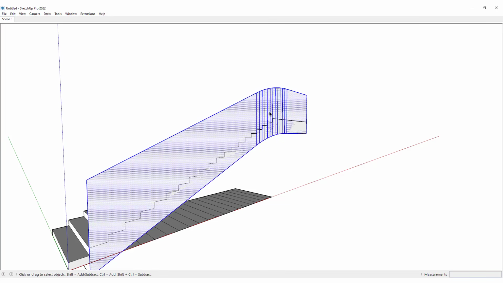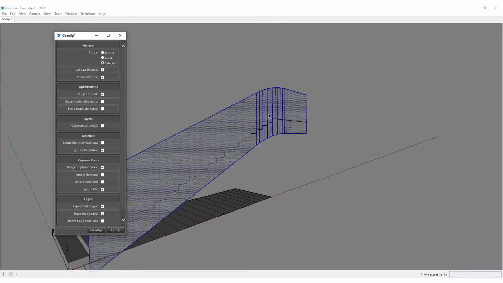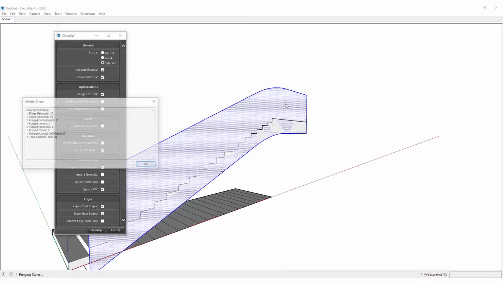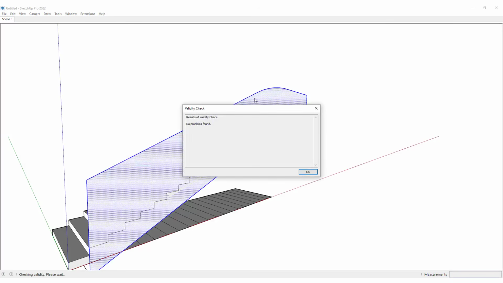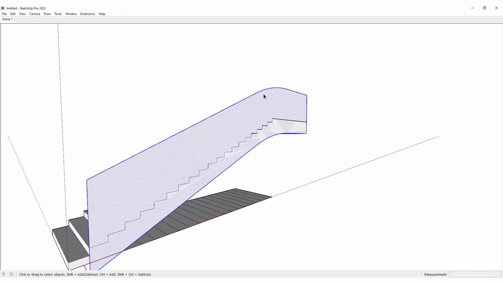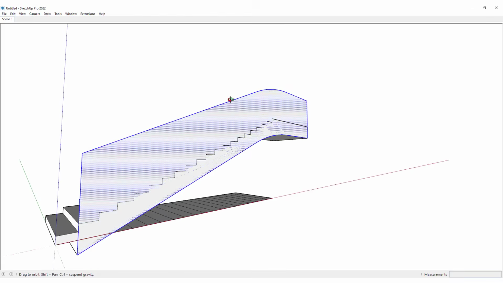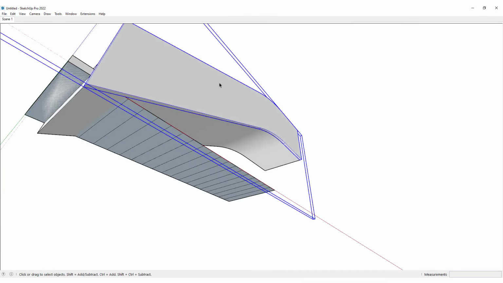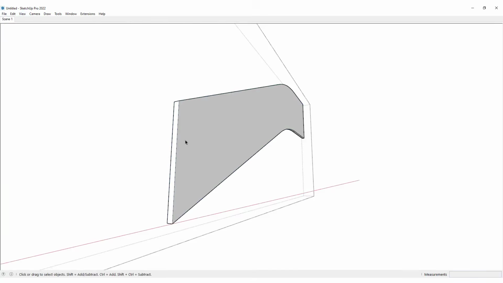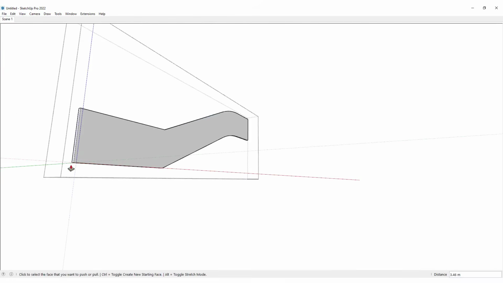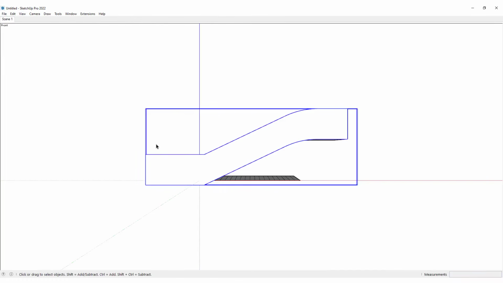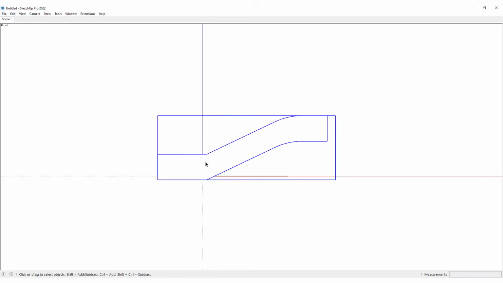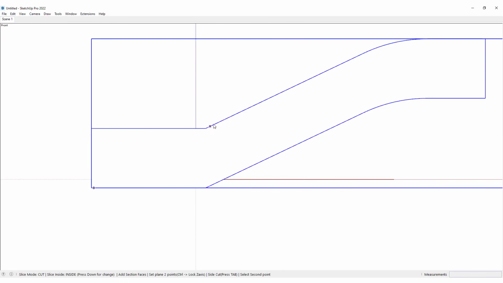So what I would do is triple click and then use the clean up and clean all these edges. We could also use the eraser tool to erase these lines, but I prefer to use the clean up. And once we have done that, I would use the push pull to give it a 10 centimeters thickness. And I would go inside the group and push pull this face to over here and look at it from the front view and activate the parallel projection and use the S4U slice to slice this object to over here,